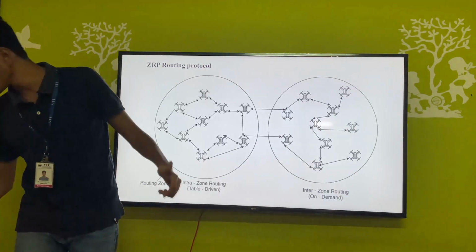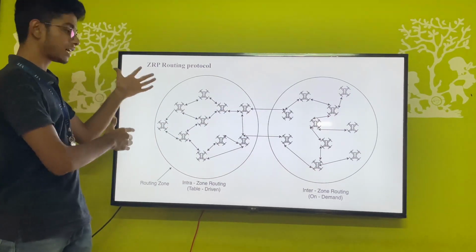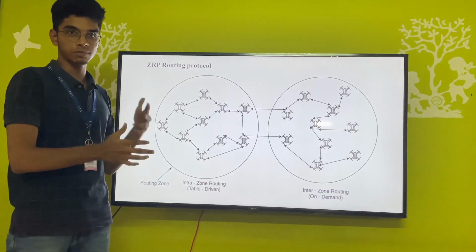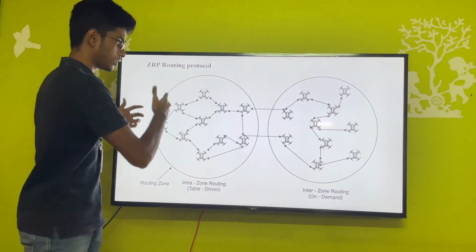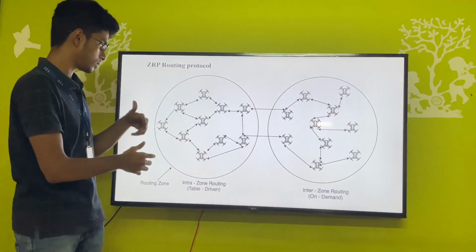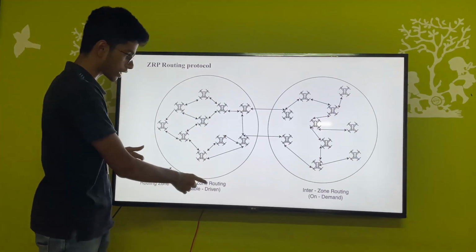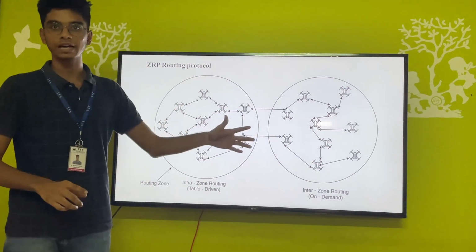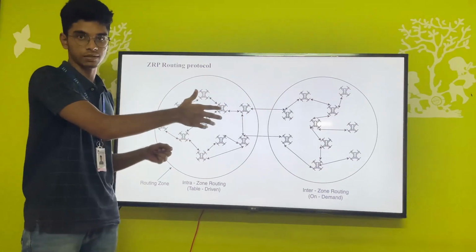And next up we have hybrid. Under hybrid, that is ZRP, Zone Routing Protocol, combines the best of both, which is proactive and reactive. The ZRP divides the network into zones like zone 1 and zone 2, and uses proactive routing within each zone. So if routing is required within one zone, it uses proactive, and if the destination is away from the zone, it goes to reactive. This allows efficient routing decisions with reduced overhead and also energy consumption.